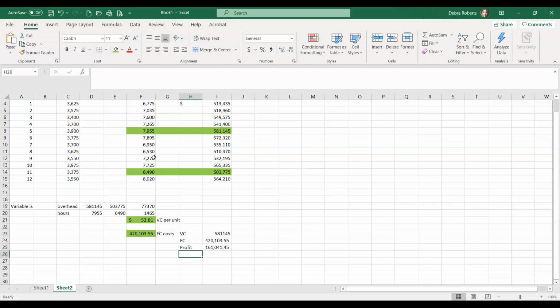We're taking a set of numbers that combines both fixed and variable and separating out the variable portion of it and the fixed portion of it. And to do that, we have to convert the variable cost into a dollar amount or a per unit amount and multiply by the number of units. So here we've got our total cost of 581,145, we subtract out of that our fixed cost to arrive